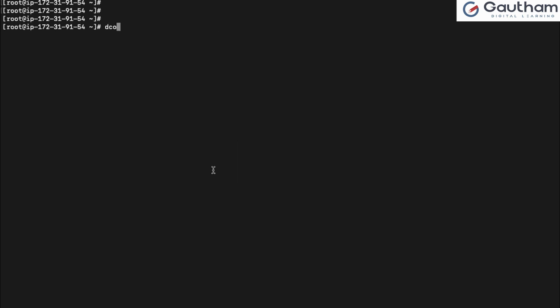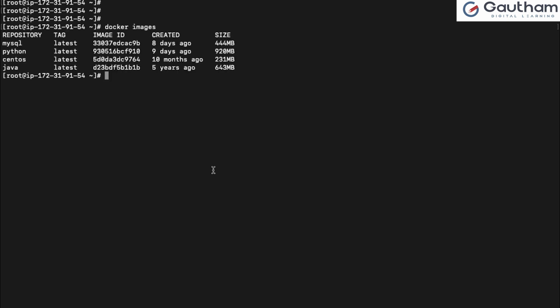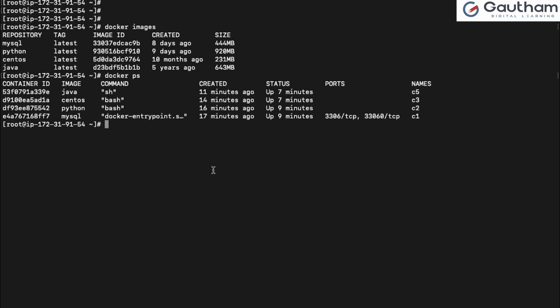Now check how many images are there. If I go for docker images, it shows the number of images. And if I go docker ps, it will show the number of containers. So every time I'm giving these two commands, docker images, docker ps. Instead of giving these two commands one after the other, from a single command I want to know how many images and how many containers there are. So you can give docker